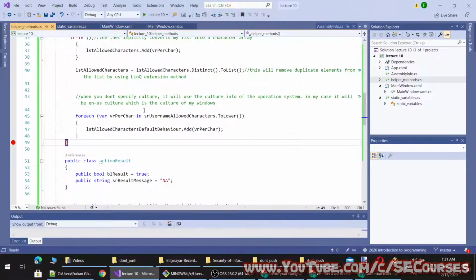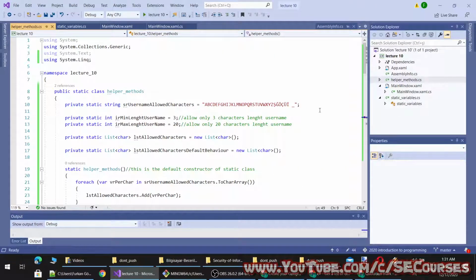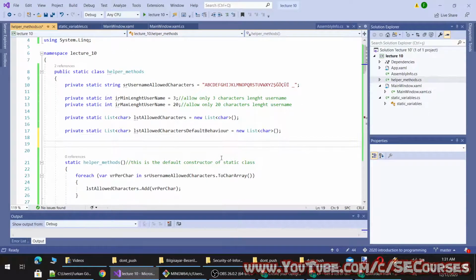And there are also two invariant cultures. Let's also test that.